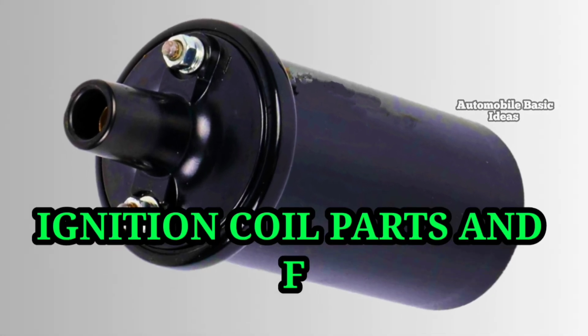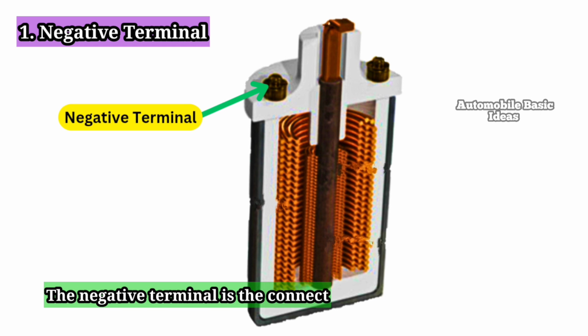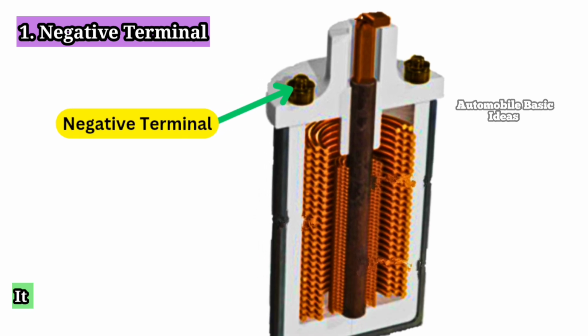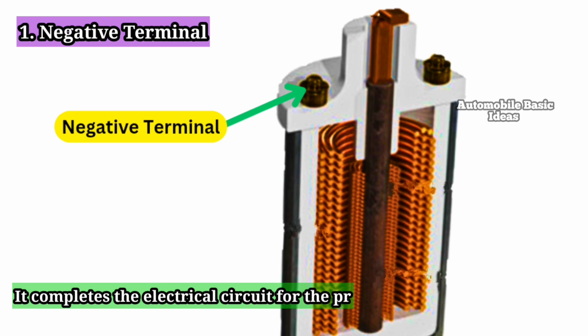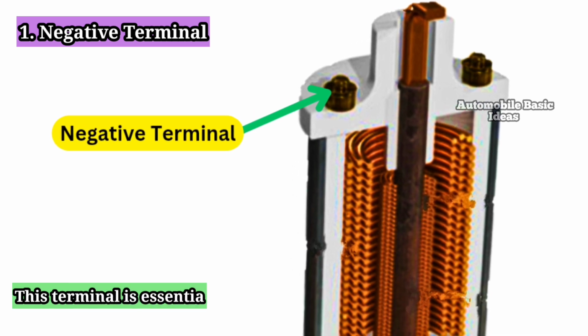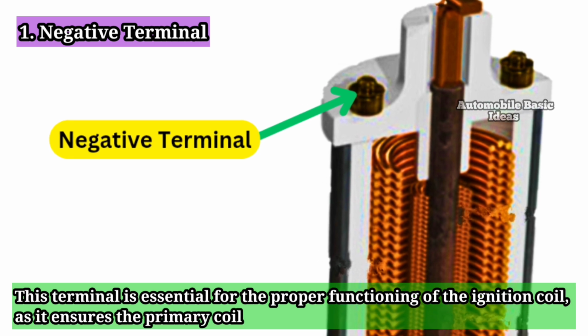Ignition coil parts and functions. 1. Negative terminal. The negative terminal is the connection point for the ground or low voltage input from the ignition system. It completes the electrical circuit for the primary coil, allowing current to flow through it. This terminal is essential for the proper functioning of the ignition coil, as it ensures the primary coil can generate